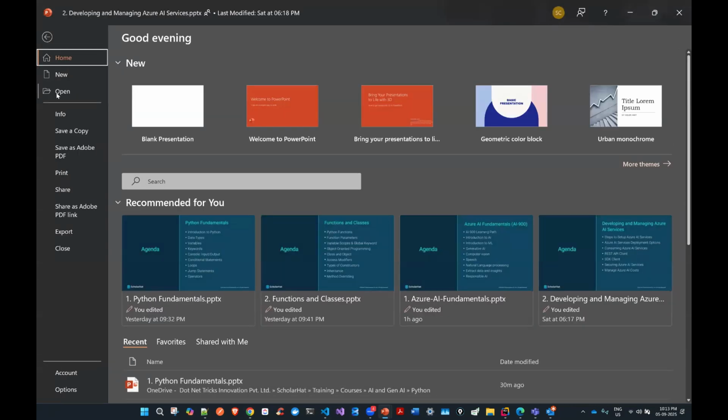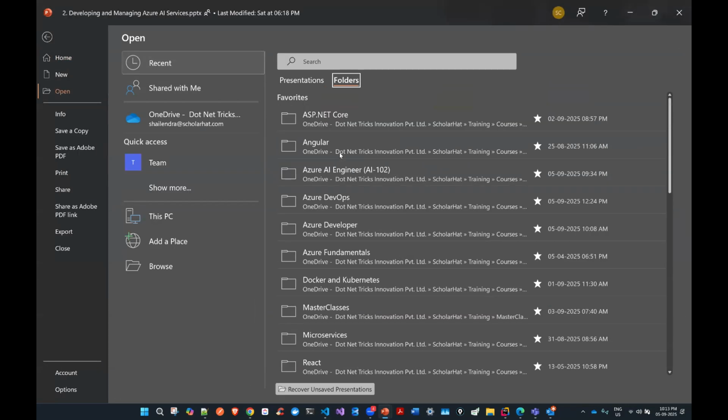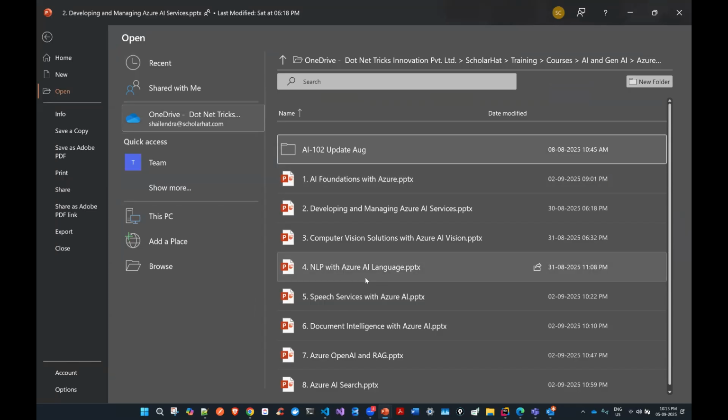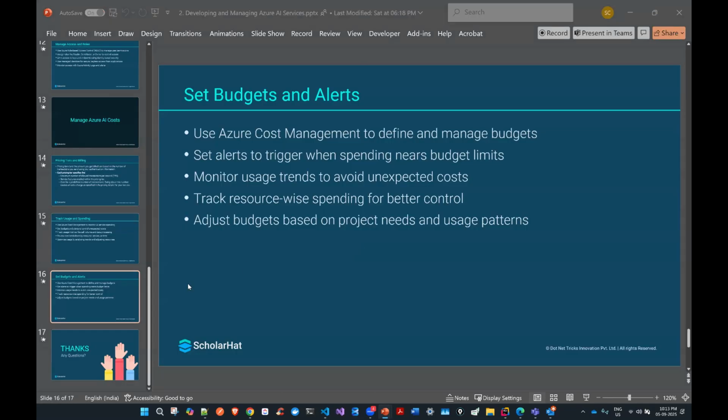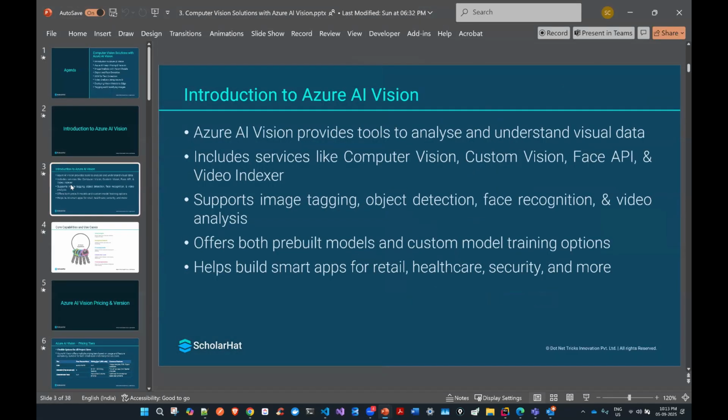The next thing we have here is the computer vision service. In Azure, we have the Vision service, which provides tools to analyze and understand visual data. It includes various services: computer vision, and Custom Vision, where we can create our own custom models.